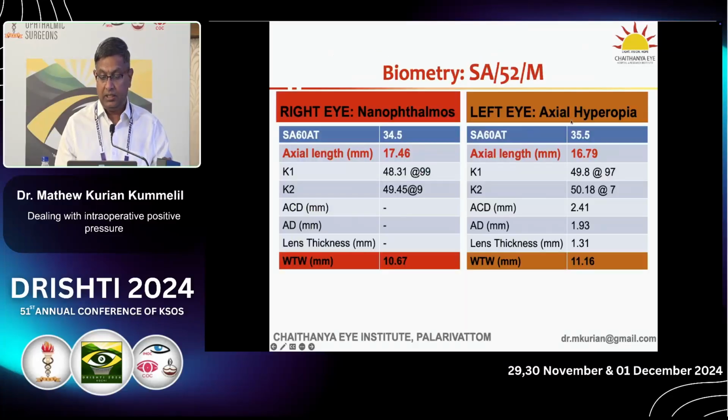So let's look back at my first patient. Here the axial length was small in both eyes, so that is short axial length. But in this eye, the white to white was more than 11. In the shorter axial length, the white to white, so the anterior chamber was not as crowded, and so this was axial hyperopia, while this one with less than 10.75 millimeter white to white,